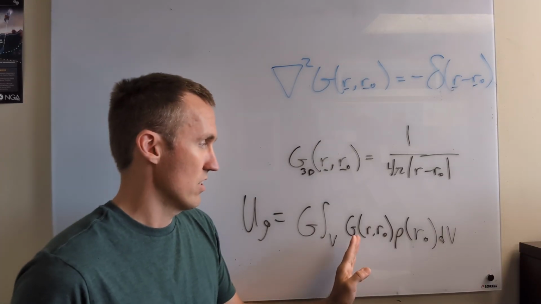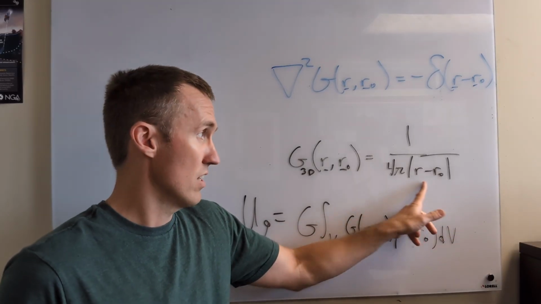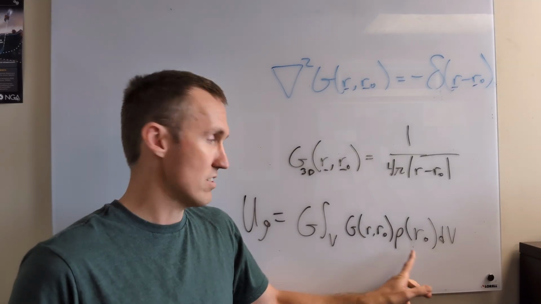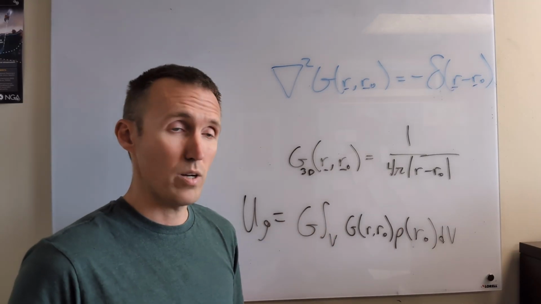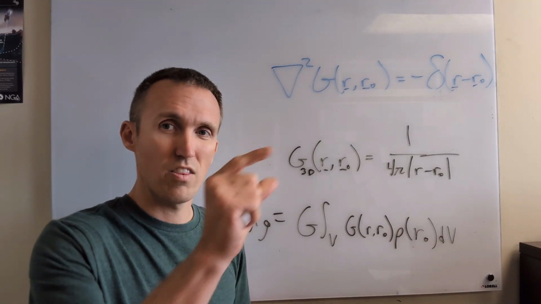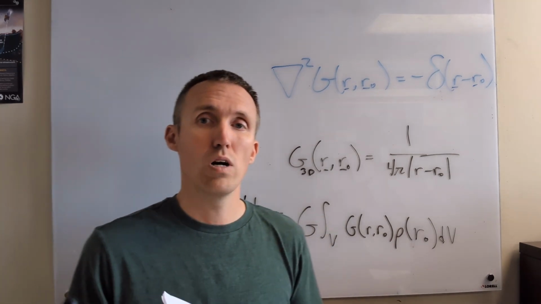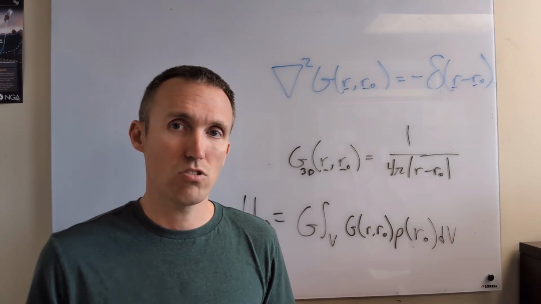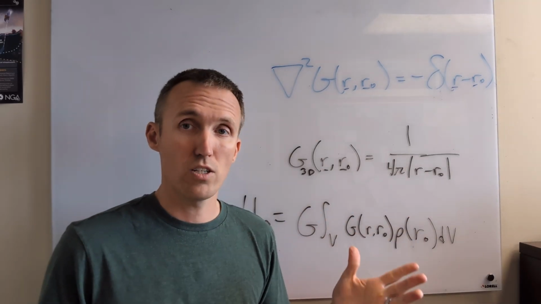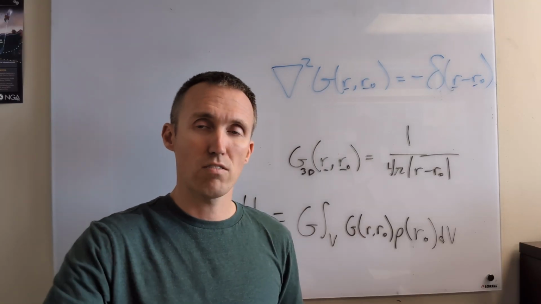What do we have here? This is the Green's function. This is the point source. That's this expression here. You see that R minus R naught. So we're going to take the density at R naught, multiply it by the Green's function for R naught, and then integrate that product for the whole distribution of mass. And this is the key thing. This is why Green's functions are so powerful, because they allow us to take a very simple solution, just a point mass solution for Poisson's equation, and then we can substitute that into our integral and integrate over a